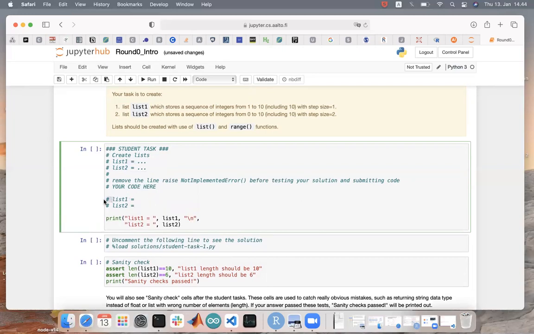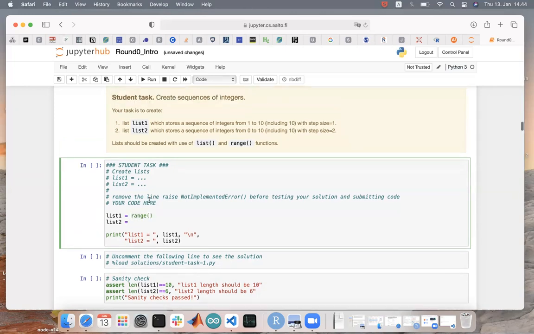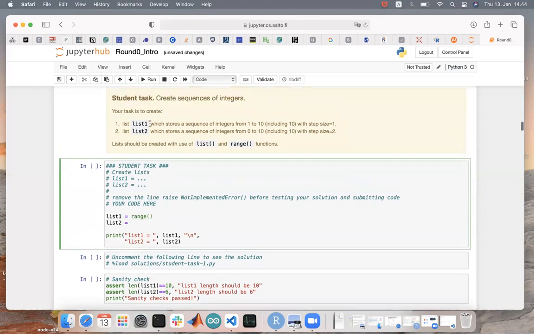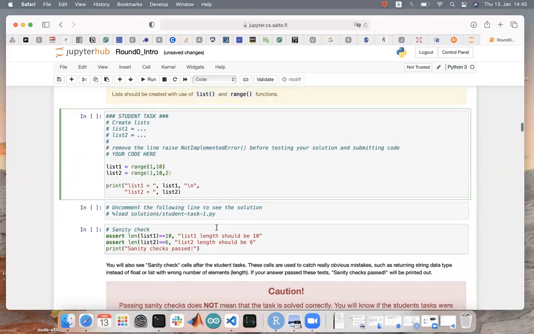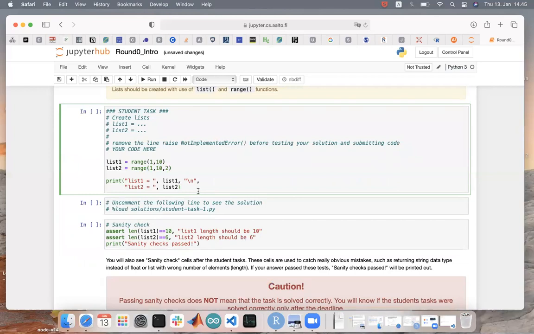You can just copy paste these variable names and then write the function. So this student task is asked to create some lists. Because now I don't care about how correct they are, I will just do something like this.